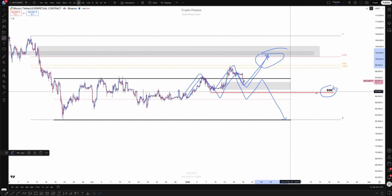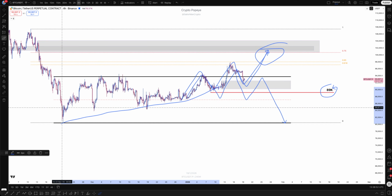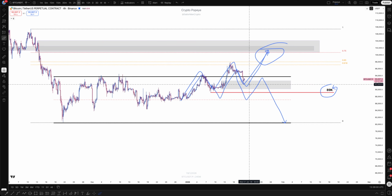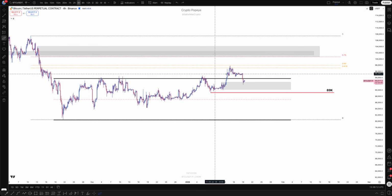Will flip the bias, the one related to the trend. Should 89k be lost, then we will open absolutely the door for all these lows to be taken, so potentially to flip short and to be filled in a short on a retest. So very interesting level, absolutely a level to pay attention to see who will win, the trend or the range. So let me know what you think in the comments below, which camp are you, more trend or